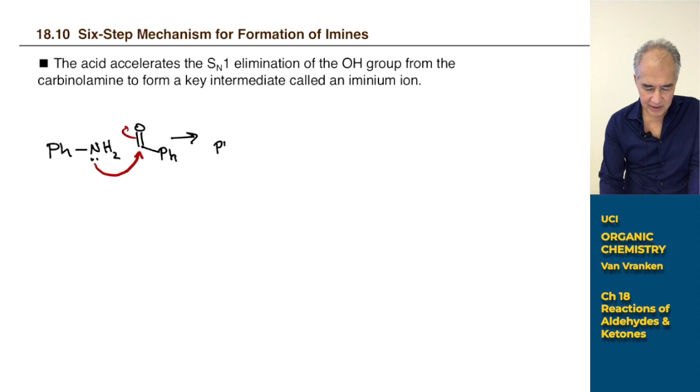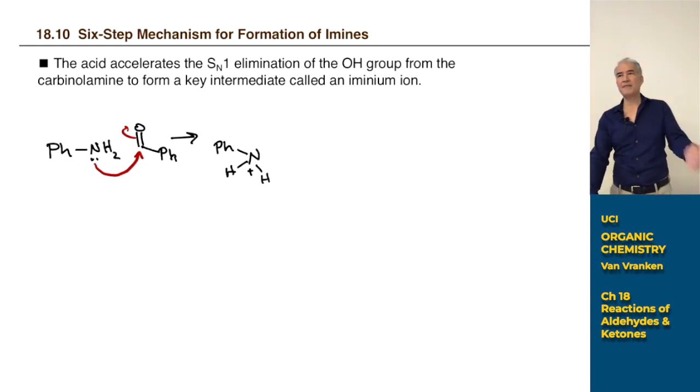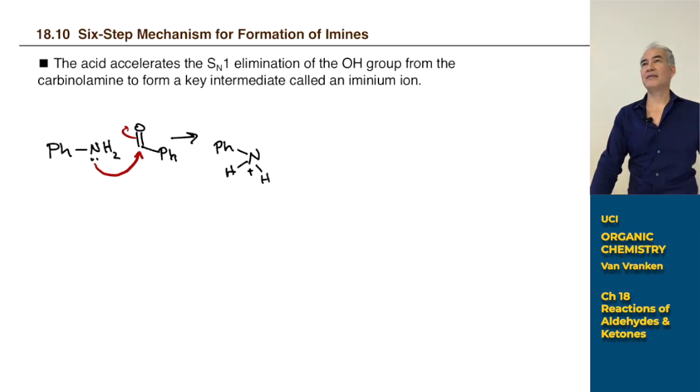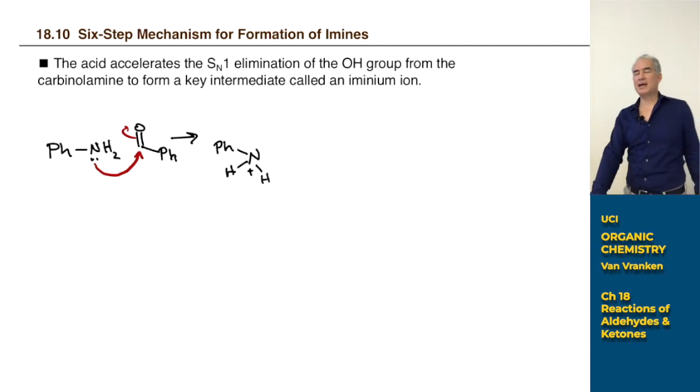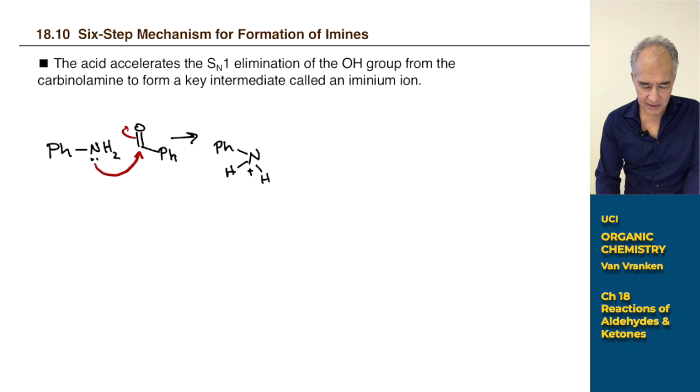So let me go ahead and draw out this next intermediate. And I'll draw those 2 H's on here because I've done this mechanism so many times. I know I'm eventually going to need those. So let me start drawing out the amine. Now, I started off with 3 bonds to nitrogen. Now I have 4. You better put a plus charge on there. We're going to see plenty of these species called ammonium ions when we get to chapter 23, the amines chapter, but for now, 4 bonds to nitrogen, you just put that plus there. And we pushed the electrons up to oxygen, so that better be O minus,